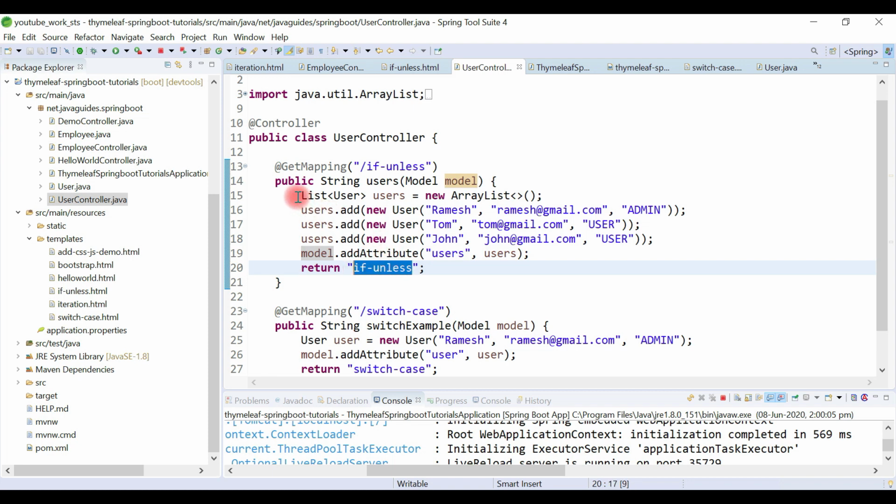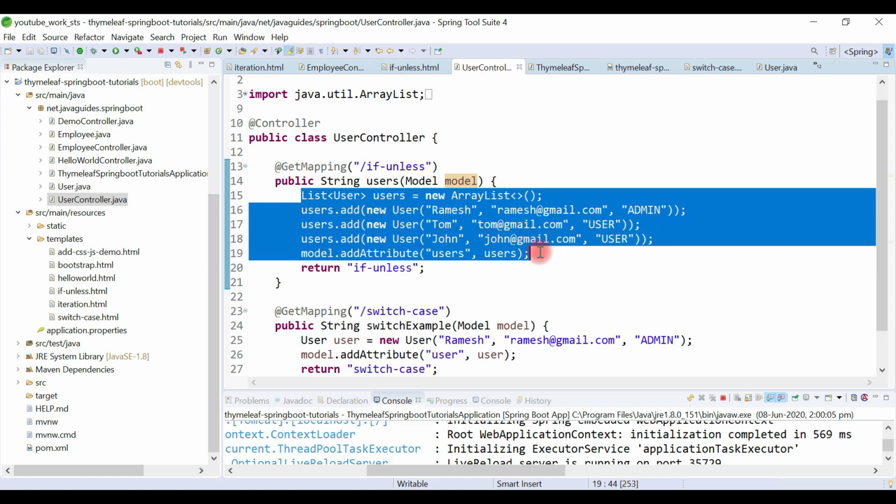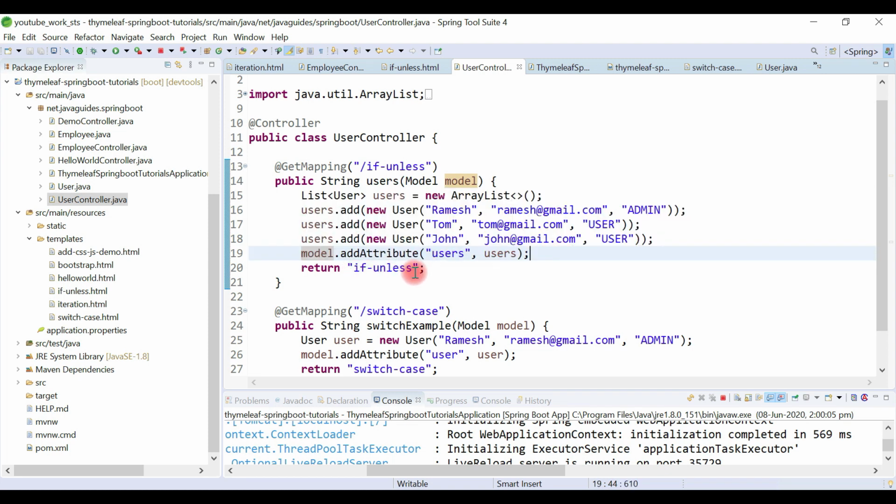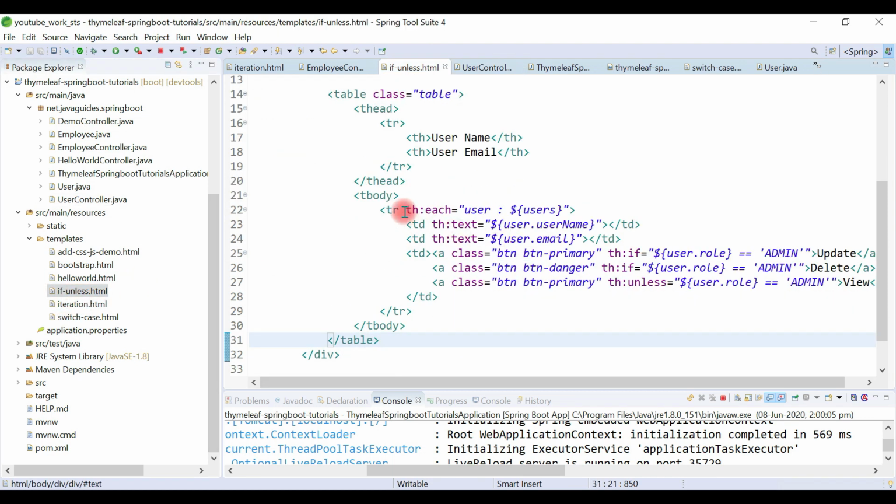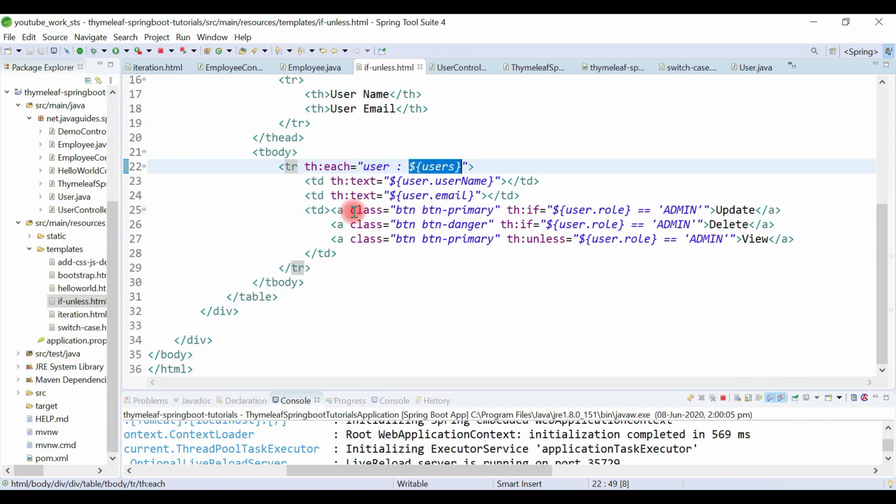Okay, and we will retrieve this list in an if and unless Thymeleaf template. Here it is. Look here, we are using the th:each attribute to iterate over a list of users, and here we are adding the th:if condition to check whether a user role is admin. If the user role is admin, then the system will display the update button, and similarly if the user role is admin, then a